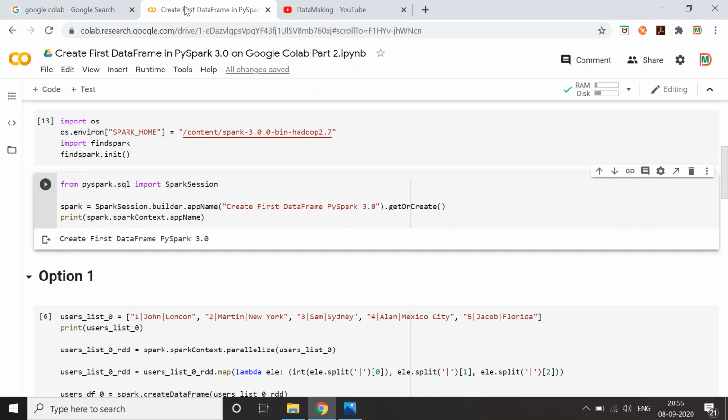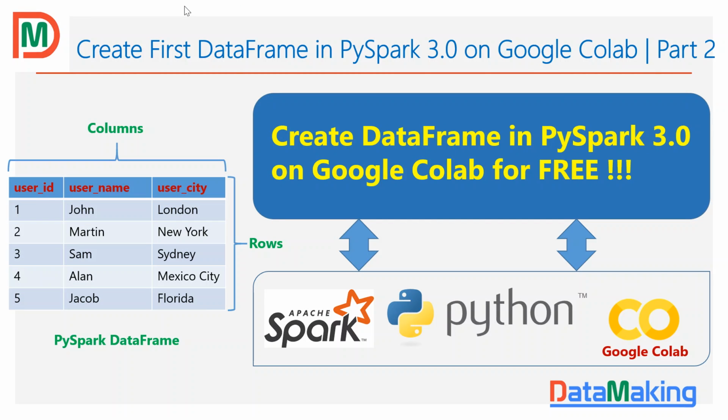I already created this notebook. As I told you, this is going to be a simple example, and the data is going to be simple, because I just want to give you the conceptual understanding, not provide a large data set and do other stuff. We'll see those things in future videos.